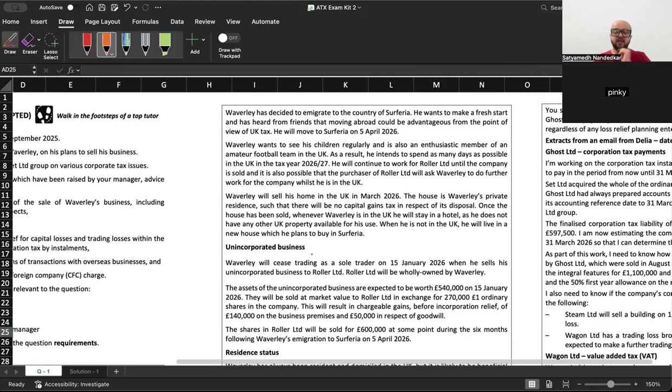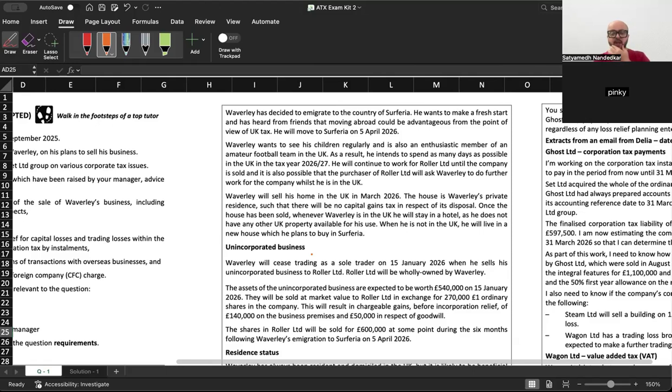Okay. Waverley will sell his home in the UK in March 2026. The house is Waverley's private residence such that there will be no CGT in respect of its disposal. Once the house has been sold, Waverley is in the UK. Whenever Waverley is in the UK, he will stay in a hotel as he does not have any other UK property available for his use. When he is not in the UK, he will live in a new house which he plans to buy in